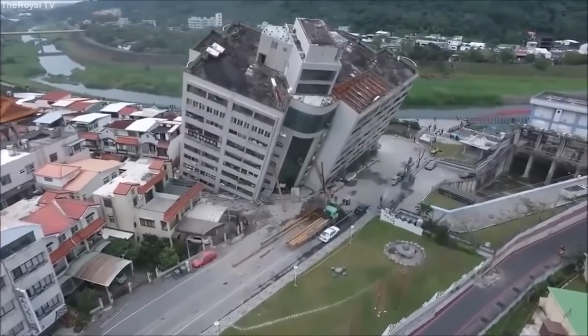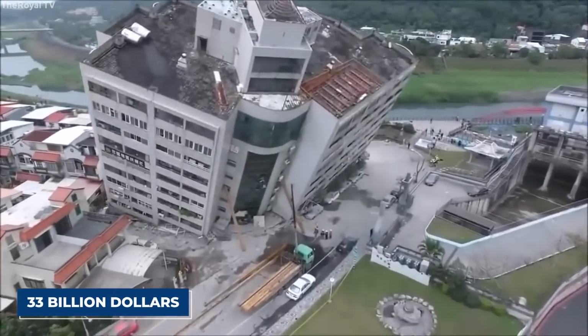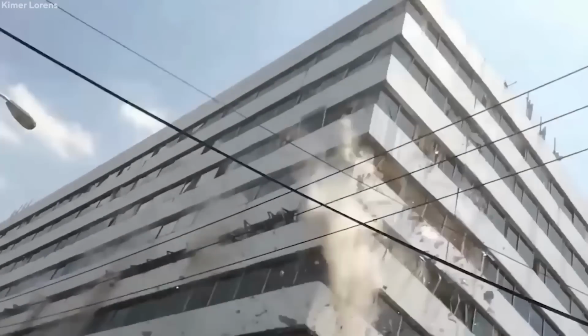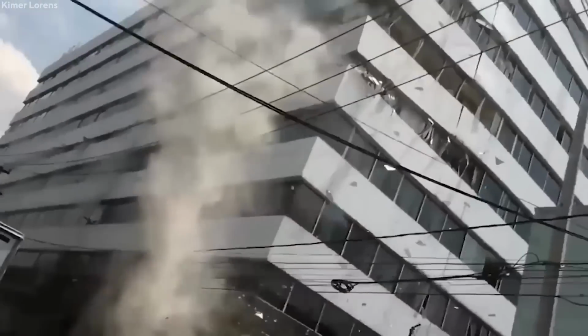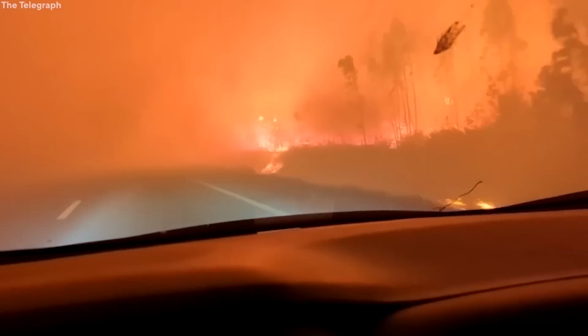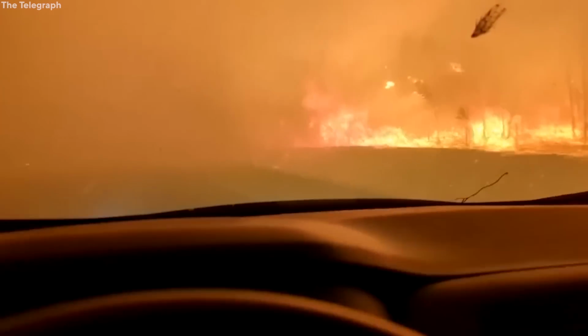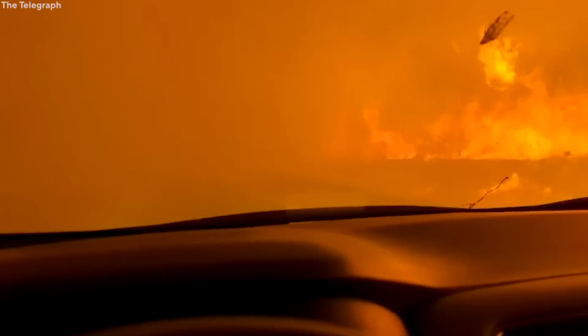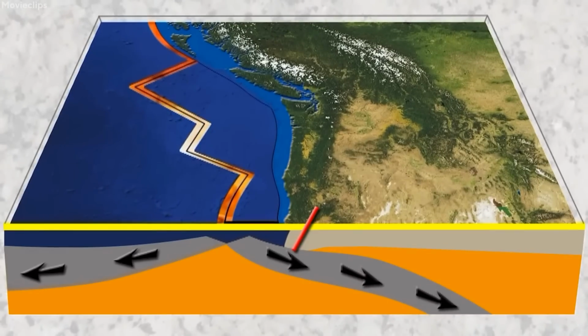The damage to buildings will cost around $33 billion, with the more modern buildings sustaining lesser damage than the older ones. Experts also expect raging fires just like the ones after the Northridge earthquake. In fact, the estimated damage these fires will cause is probably going to be greater than that caused by the initial ground shaking. Experts believe the overall death toll will be between 1,800 and 2,000.